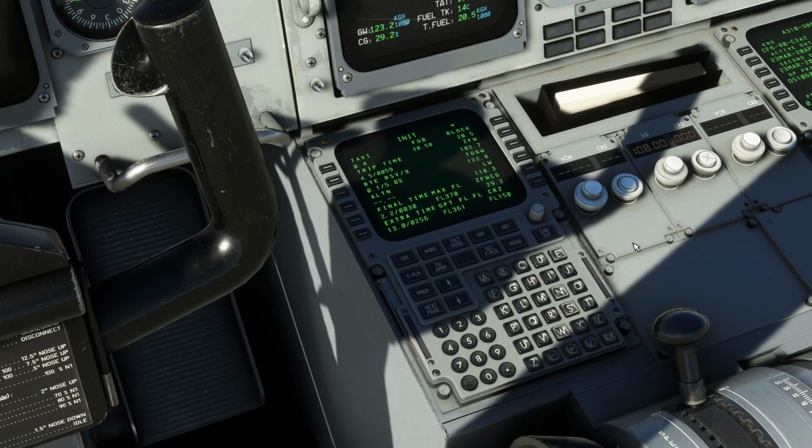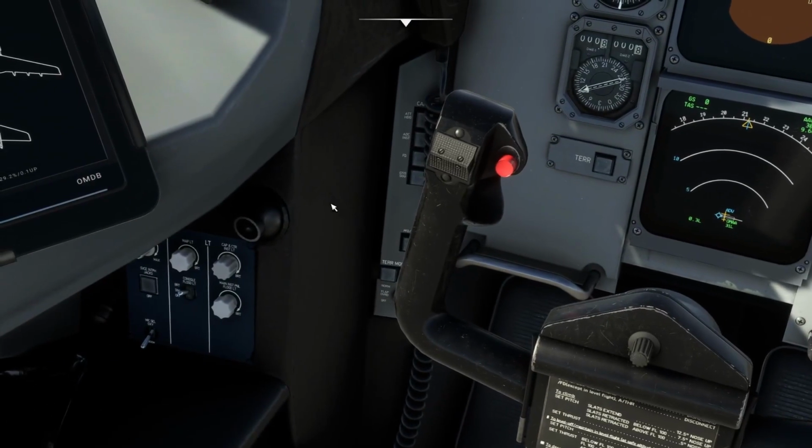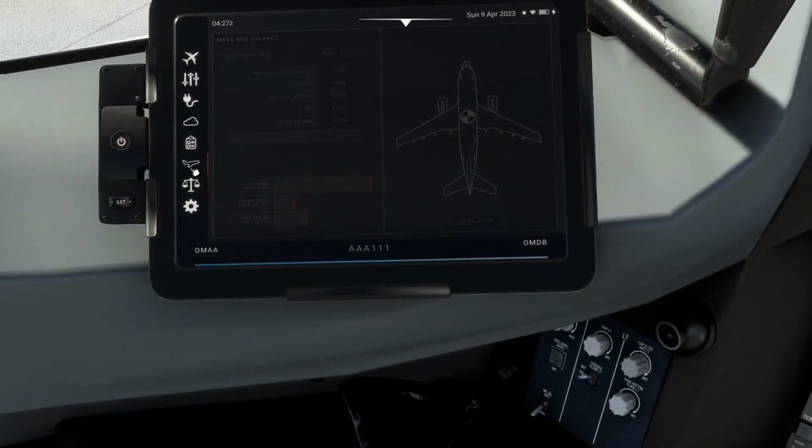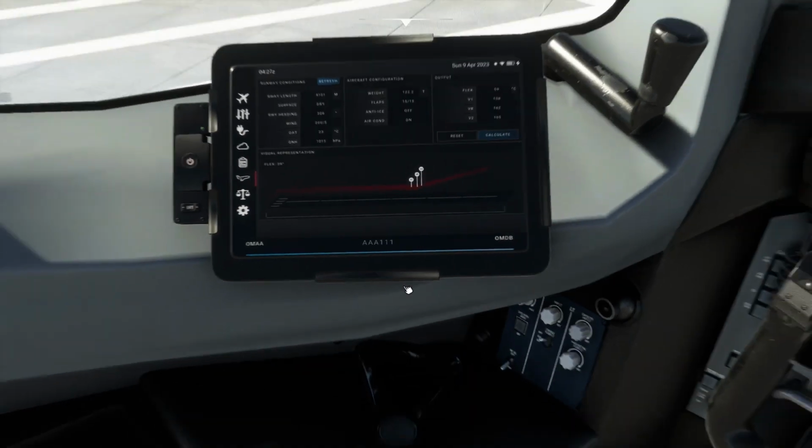Now the only thing we need to do is click on TO and upper. So this is takeoff and approach. For that we need to enter these speeds. So we already got the speeds. If we go back to this, we have 158, 162 and 165. So let's enter